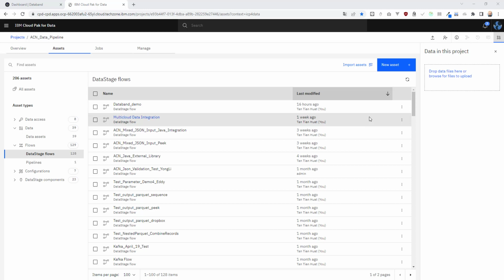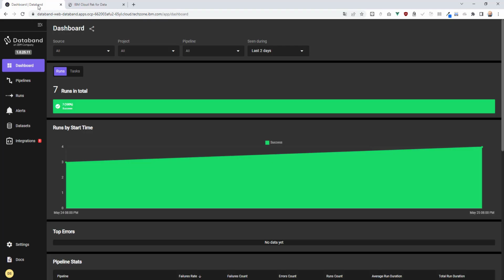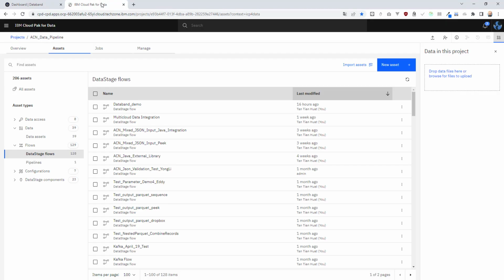Hi, welcome to the demo of how to leverage Databand to monitor DataStage flow. This is Tianhuat. What we will cover in this demo includes how to integrate Databand and DataStage flow, how Databand monitors the DataStage flow. We will go through the Databand UI in detail and how to set an alert so that it will be triggered,